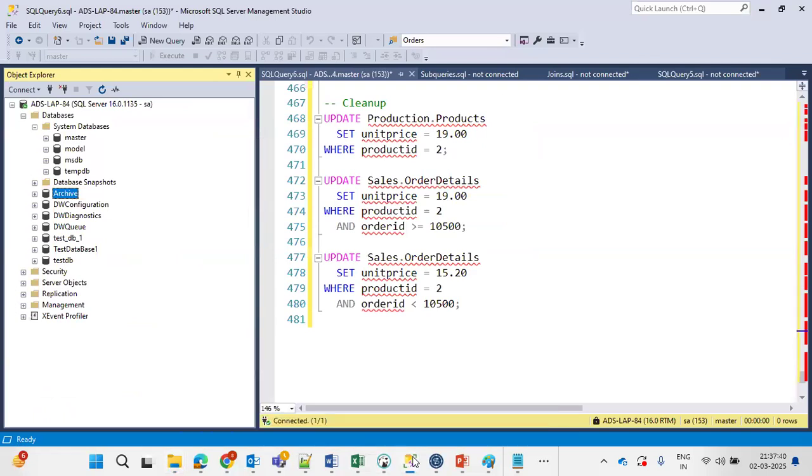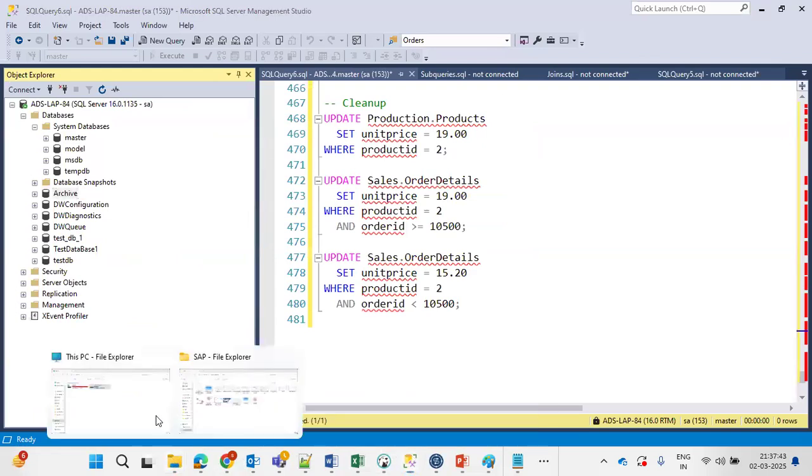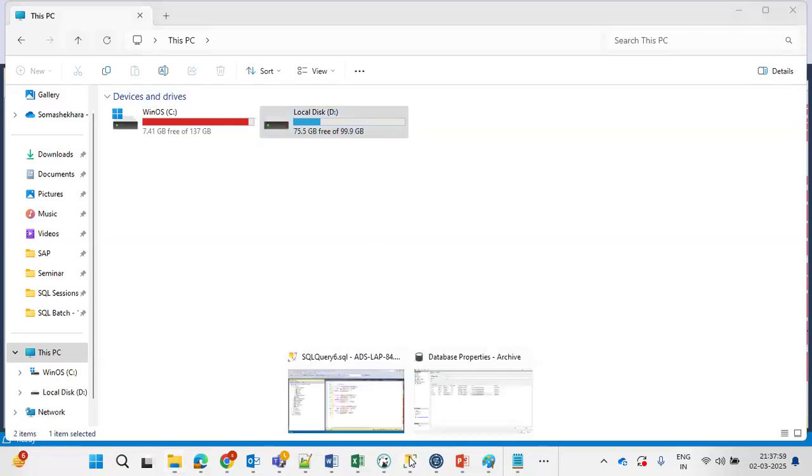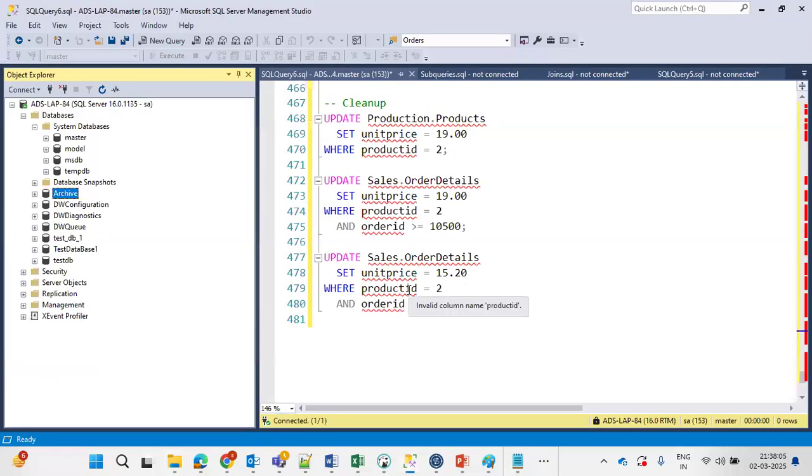See, if your folder size is 1 TB and you are storing 1 TB of data into this file, and you still try to load data into this database, your local drive is full. Not only will it create a problem loading the data, it will also create a problem for the performance of your SQL server. Due to the insufficient storage location, your SQL server will not run properly. It will take too much time to bring even one record. To avoid that,